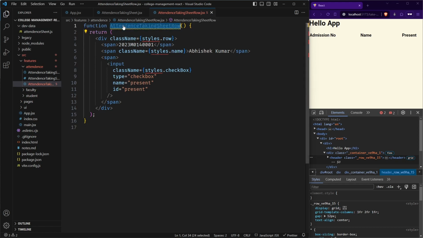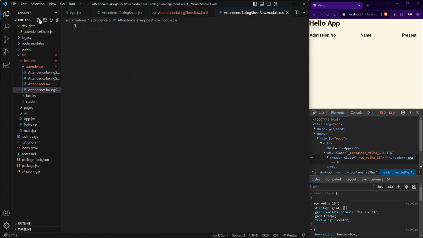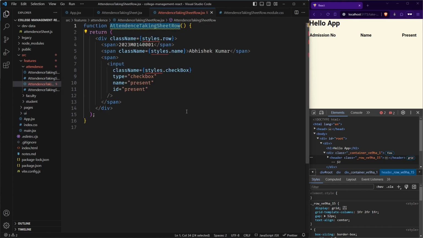Let me again just copy this one, this dot module dot css. Okay, let us import.